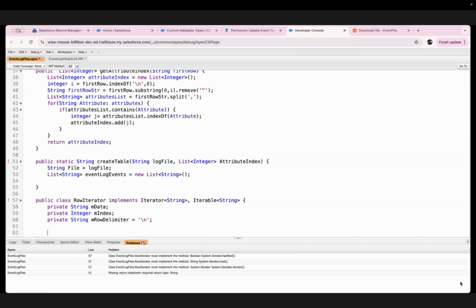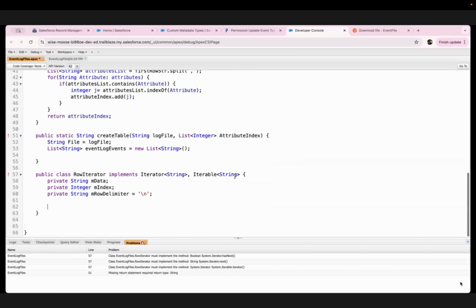Okay, so I'll create a constructor for this class. So public, and then I'm going to say it is equal to file data. Okay,